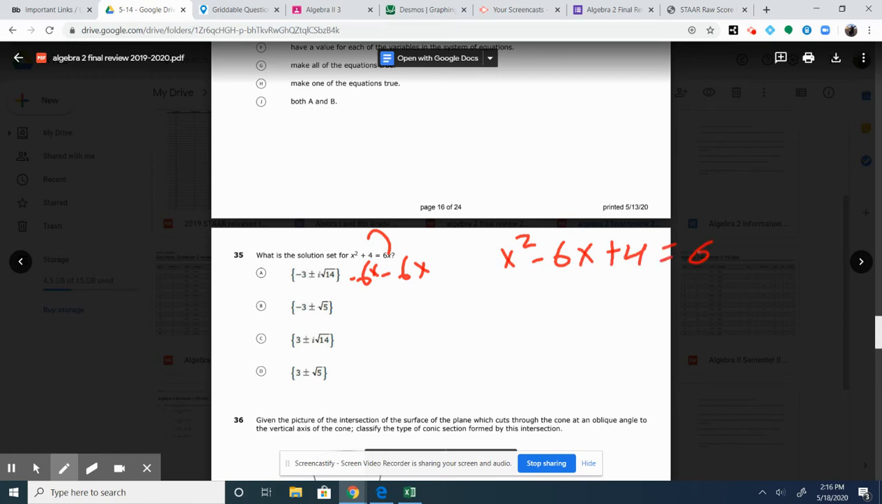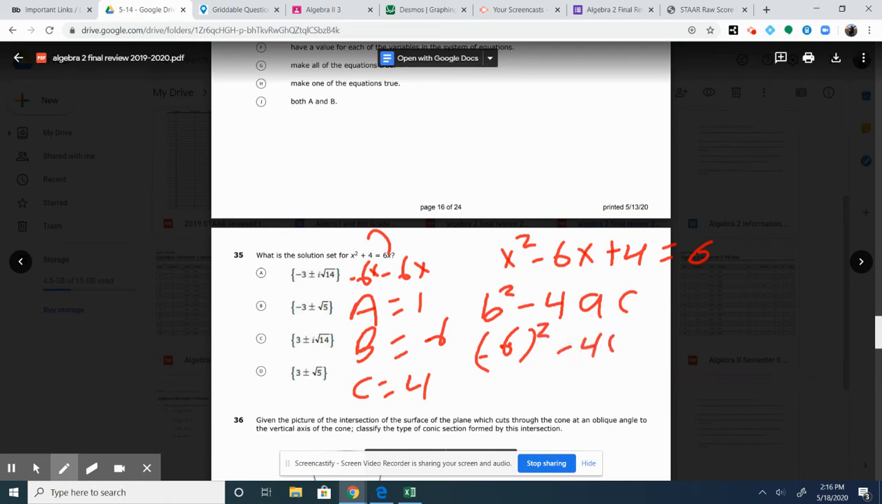So when using the quadratic formula, our first step that we would want to do to make it easier is find our discriminant first, which is b squared minus 4ac. So our a is equal to 1, our b is equal to negative 6, and our c is equal to 4. So plugging that in, we have the discriminant, which is negative 6 squared